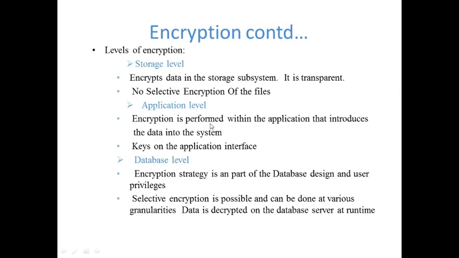Whereas the database encryption level is quite different. Everything happens at the database end. It allows securing the data as it is inserted to or retrieved from the database, so that the encryption strategy can thus be a part of the database design and can be related to data sensitivity or user privileges. Selective encryption is possible and can be done at various granularities, such as tables, columns, or